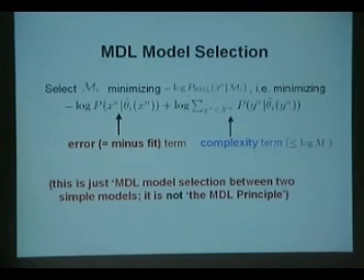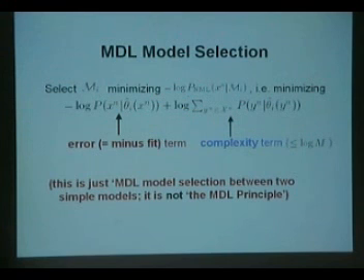Now, if you write this in its minus log form, because the distribution is a fraction, it's minus log probability of the data according to the maximum likelihood distribution plus a log normalizing term. So taking the fraction and log into a sum, it tells you to pick the model which minimizes minus log probability of the data according to the maximum likelihood distribution for the data, plus log of an enormous sum over all possible sequences of data of the probability of that sequence, given the maximum likelihood distribution for that sequence. Now,